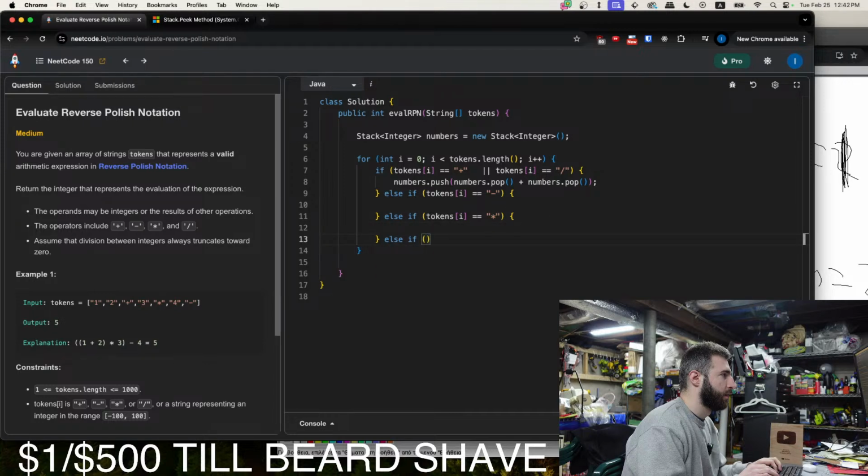Else if tokens i is equal to division. All right, and with the division, we truncate towards 0. That happens by default, thankfully.